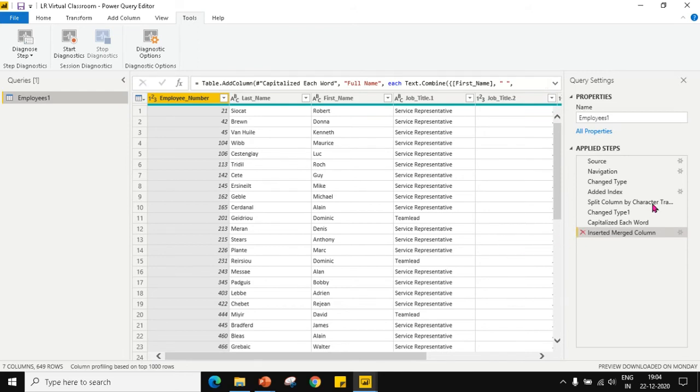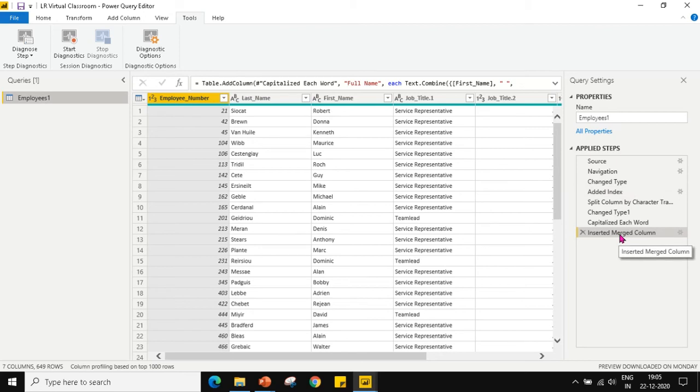First, as you can see on my right, I have performed a lot of queries here by adding an index number, changing the type, splitting the column, capitalizing, and inserting the merged column. A lot of transformations I have done here. So before doing all these transformations, I can click on start diagnostics and start doing all these steps one by one. The moment I click on stop, automatically the diagnostic step will be enabled.